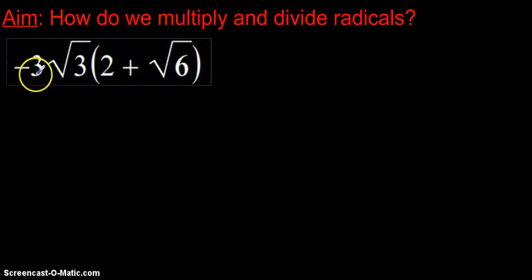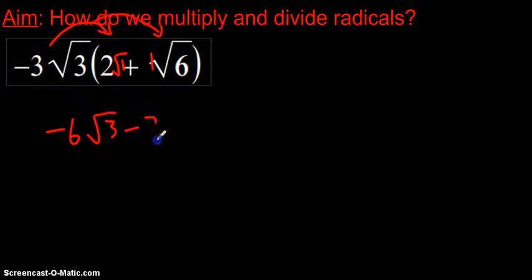Alright, in this case we actually do have a coefficient here, so that's going to change things slightly. Again, if we have no radical, it's like having a radical 1, and if there's no coefficient, it's like having a coefficient of 1. Okay, keep in mind that radical 1 is 1, so 1 times 2 is 2, so this does work. Let's distribute. Negative 3 times 2 is negative 6. Radical 3 times radical 1 is radical 3. Distribute it further. Negative 3 times 1 is negative 3. And radical 6 times radical 3 is radical 18. I wrote that 8 really badly. Let's fix that. Alright, so this doesn't simplify,